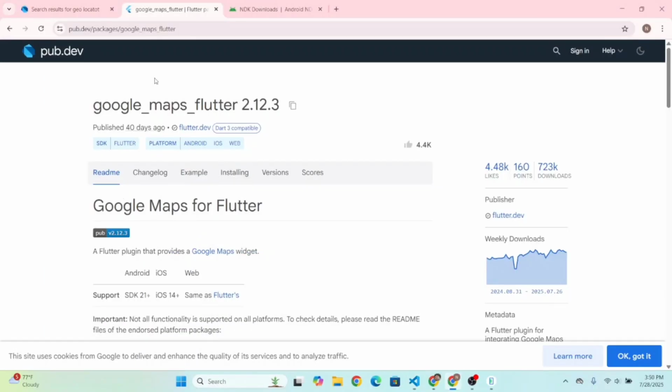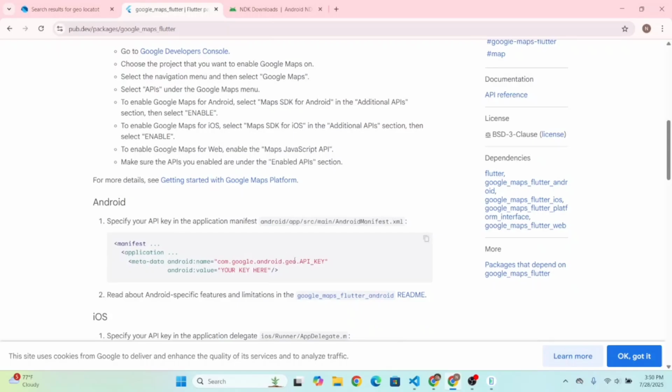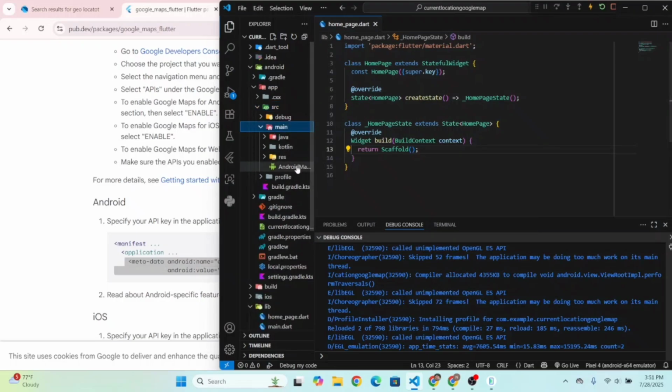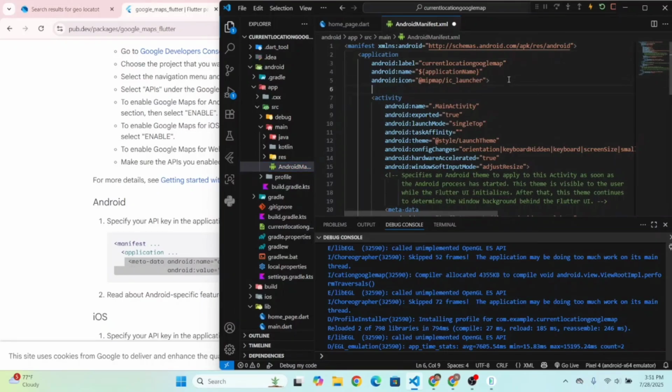Okay, now open the browser and go to this package link and click on the readme tab and roll down, and you can read this. We have to copy this and add to the AndroidManifest.xml file, which is inside the Android app src main folder. So open the Android folder, app folder, and src folder and main folder, and you'll get this file here. Click on this file, and inside this application, let's paste this code